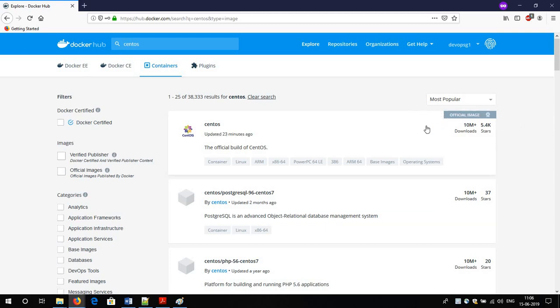Official images mark means this CentOS image has been uploaded by CentOS themselves, and they update all the versions of CentOS whenever any new updates or new things come in their operating system. So always try to go with these official images.